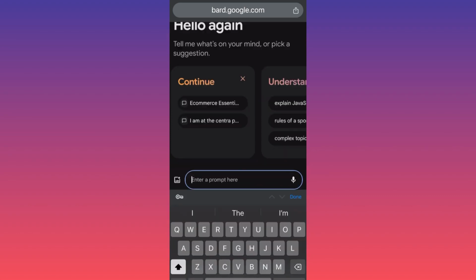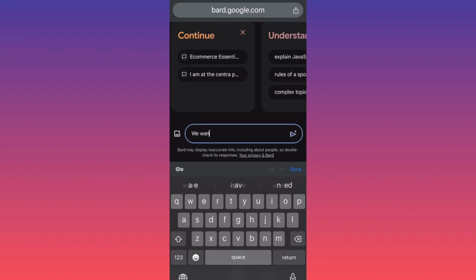Let's say that we want to become a very successful creator on TikTok.